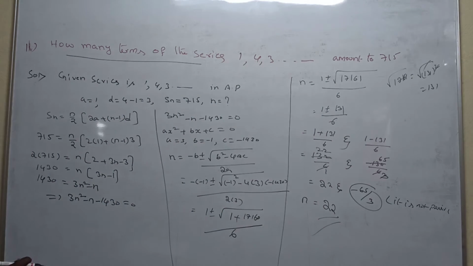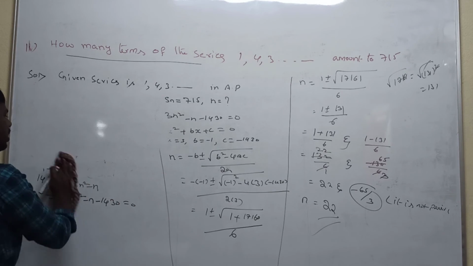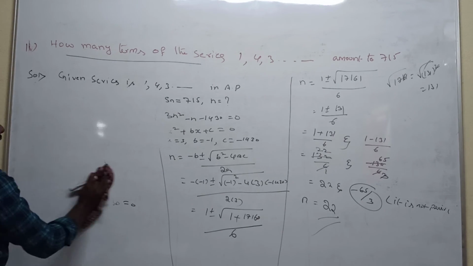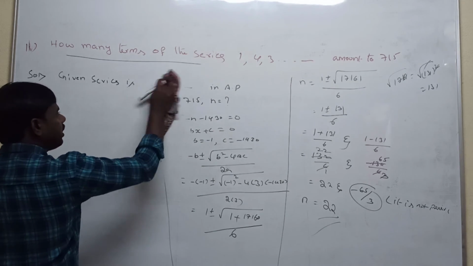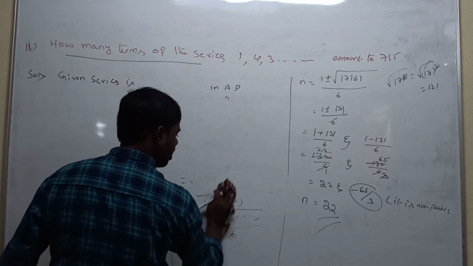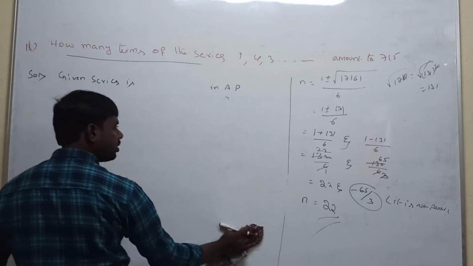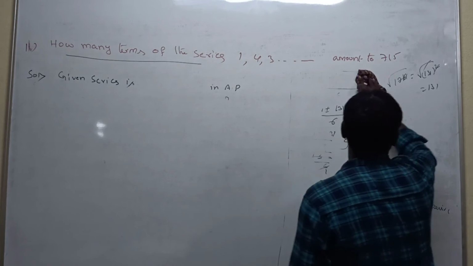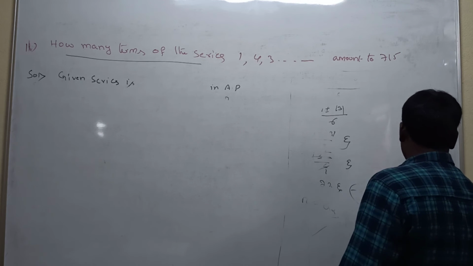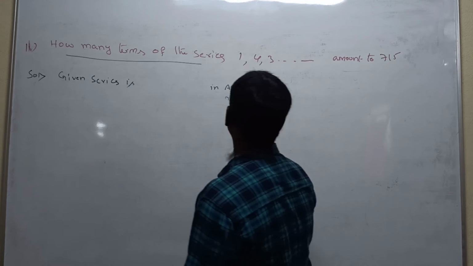Last final question in this method. Very easy. Only one sequence is given and the total sum is given. We need to find the n value. So here we apply the formula for the sum of the nth term of the arithmetic progression, and next we apply the roots of the quadratic equation formula. So you should now understand how to solve for the n value in this method.